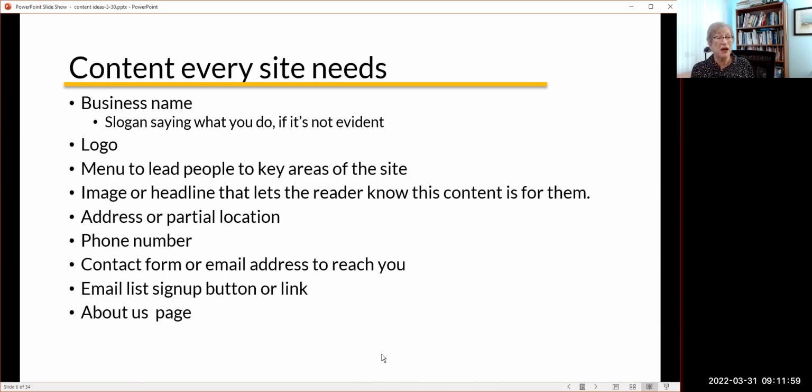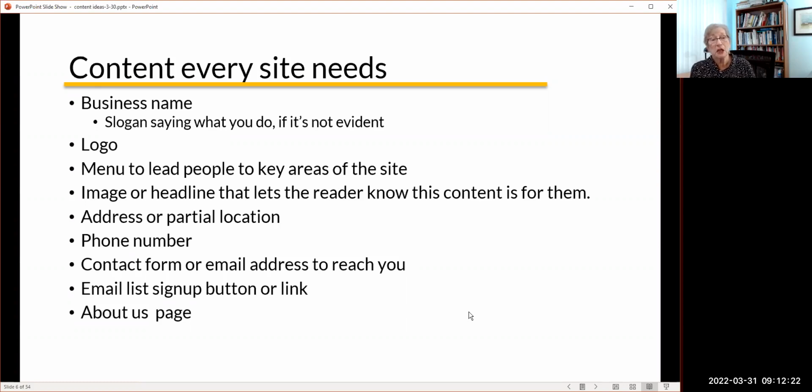The information about your company, I usually don't think should be on the home page. It should be on a separate page, because when somebody gets to your home page, they want to know how you're going to help them. They don't know what you think is good about your company yet. They do want to know that stuff later on, but only after they're ready to engage with you.